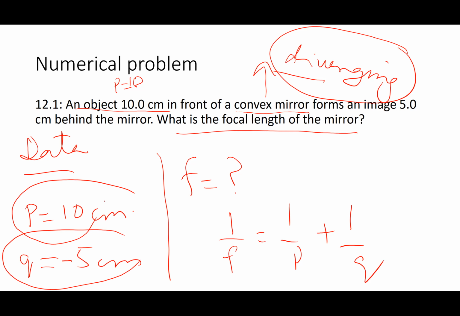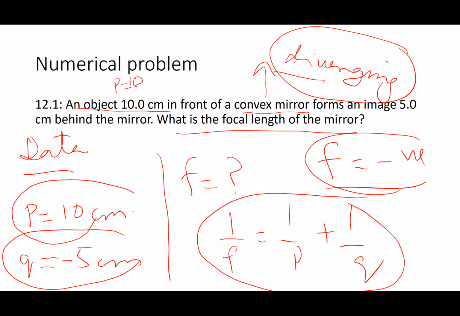If you face any difficulties, ask the question. Remember that it is diverging mirror, so you will get the negative answer. It must be negative. For diverging mirror, focal length is negative. For converging mirror, it will be taken positive. So this is the equation for you people. You will get the answer of the focal length as negative. Negative sign represents that the mirror is diverging. So do it.